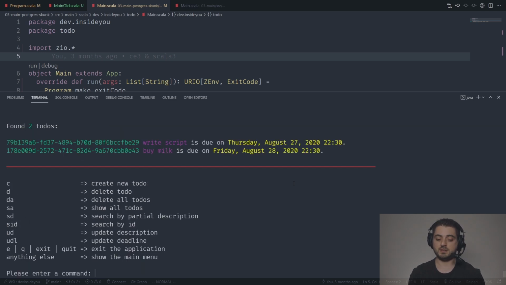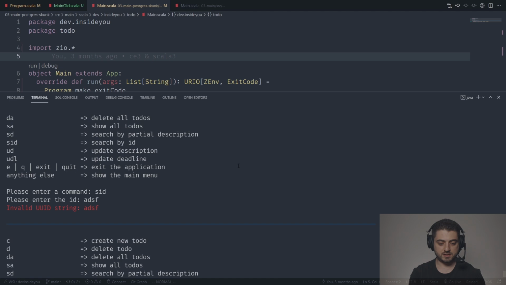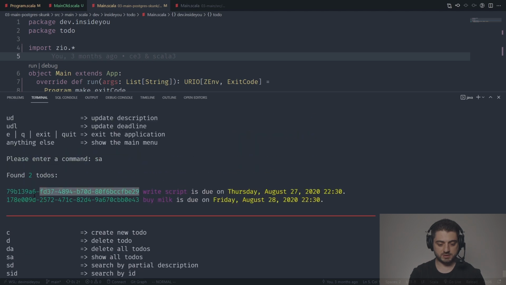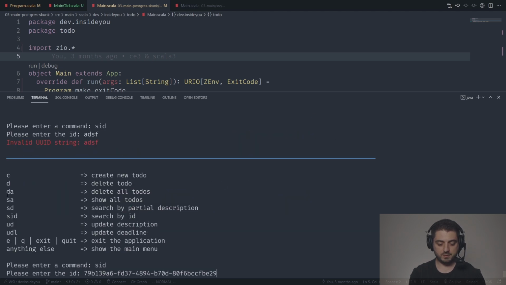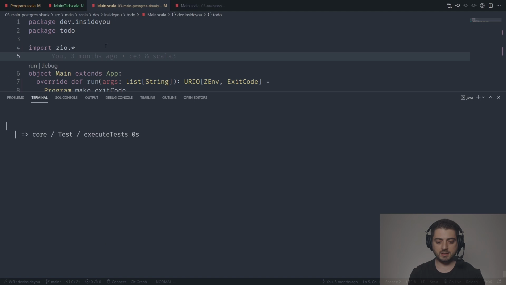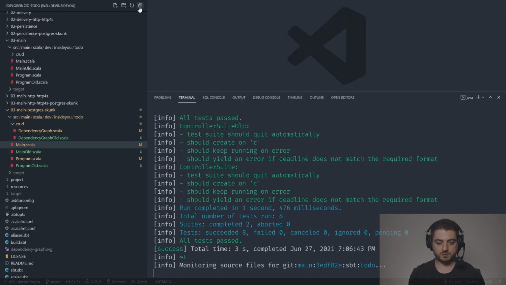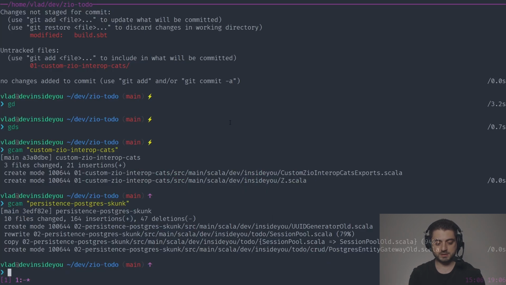Let's do show all. Yeah, ta-da, it works. And, you know, search by ID, some stuff. It's not a UID. Search by ID, some proper ID, which is this guy. Ta-da, it found it. Okay, quit. There we go. Let's go back to root. Let's do T, and let's not forget to commit this whole thing. Close this one as well. And let's go and commit it. So it's called main